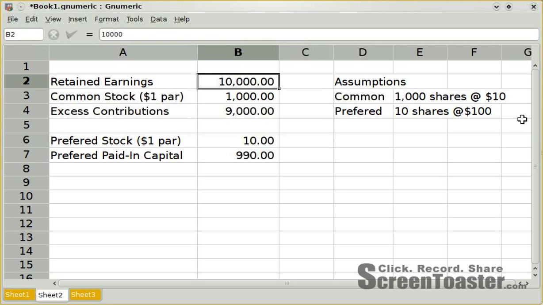Now, the final line that's up here are the retained earnings. And this is the accumulated net income, something that comes off the income statement, that has not been distributed to the shareholders in the form of dividends. And this is a big chunk of money. It is those accumulated net income. It also represents part of the owner's share of the firm. And that should complete the shareholder and owner equity